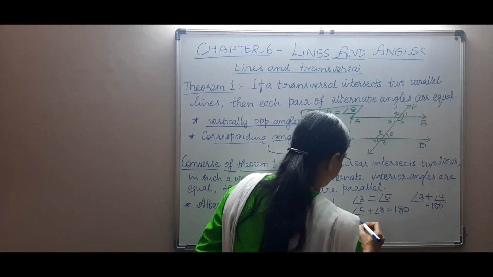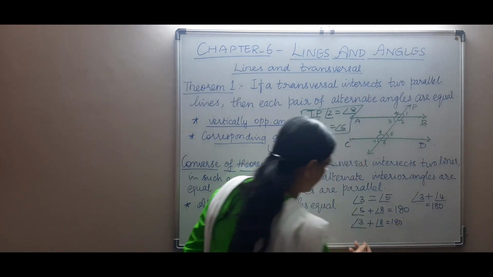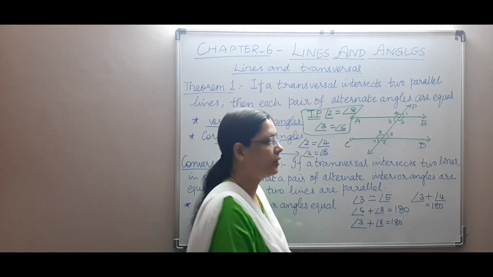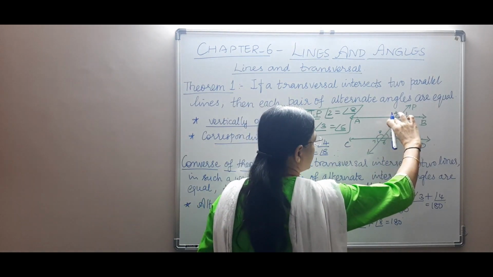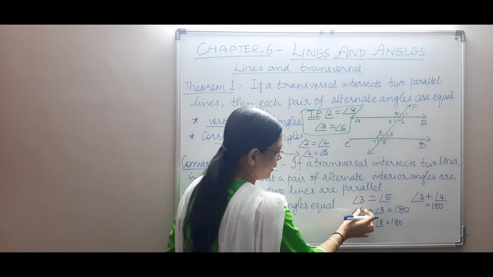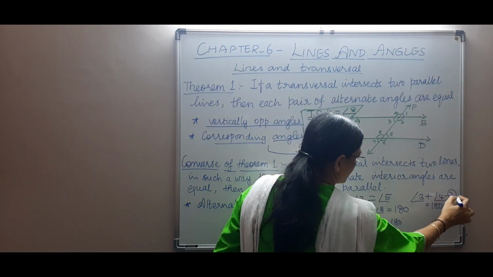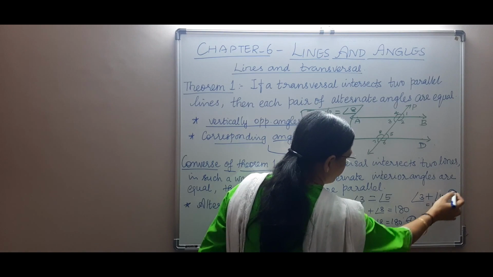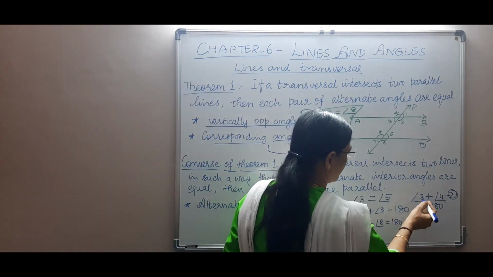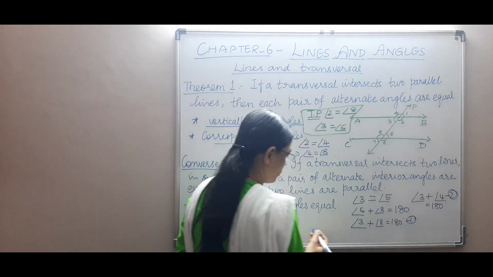So what I do is, in angle 5 plus angle 8 is equal to 180 degrees, I rewrite 5 as 3 because angle 3 is equal to angle 5. We know those two are alternate interior angles. So I replace angle 5 by angle 3, giving angle 3 plus angle 8 is equal to 180 degrees. Therefore this is equation 2 and this is equation 1. Let us compare these two equations. Angle 3 plus angle 8 is equal to 180 degrees and angle 3 plus angle 4 is equal to 180 degrees. Both are same, isn't it?